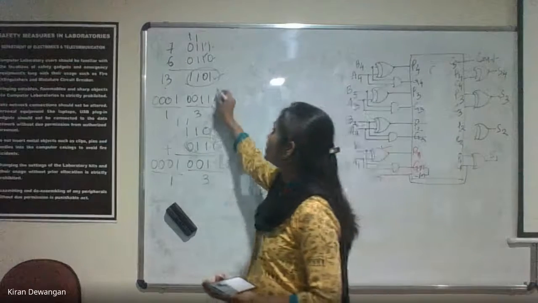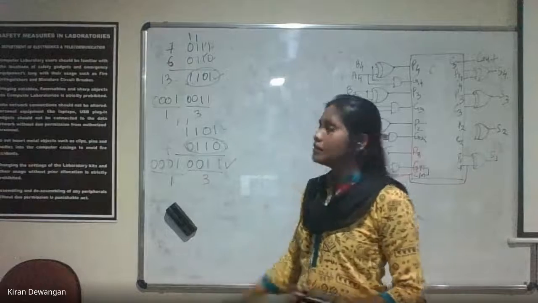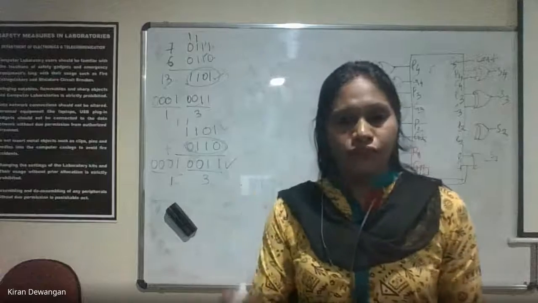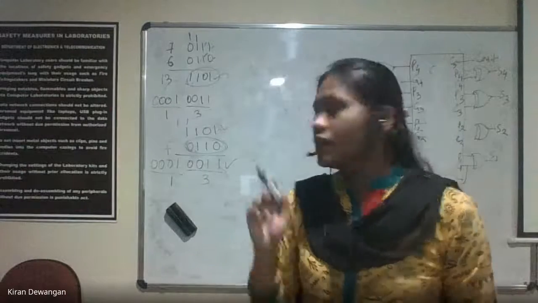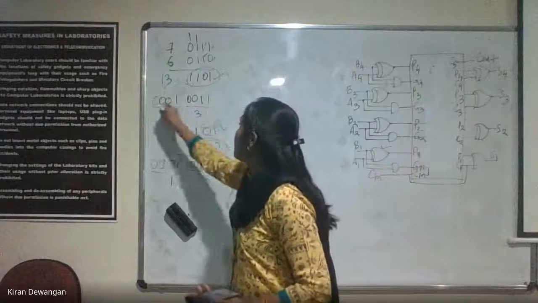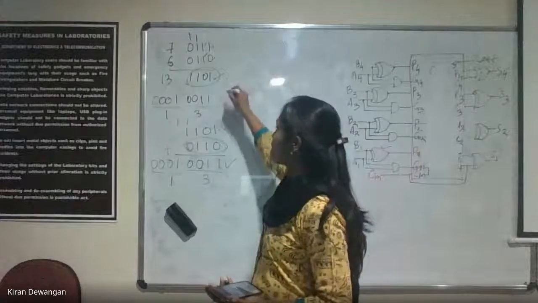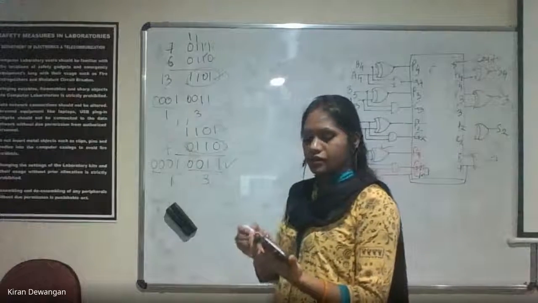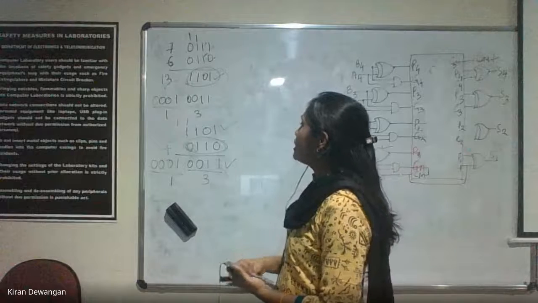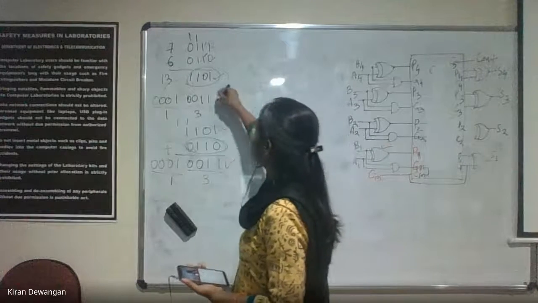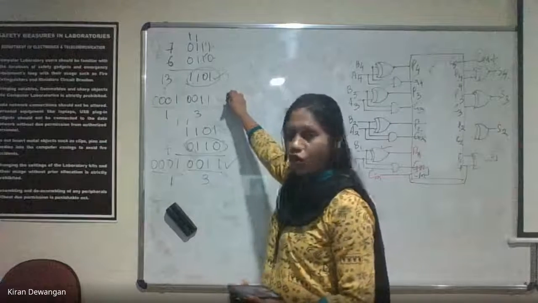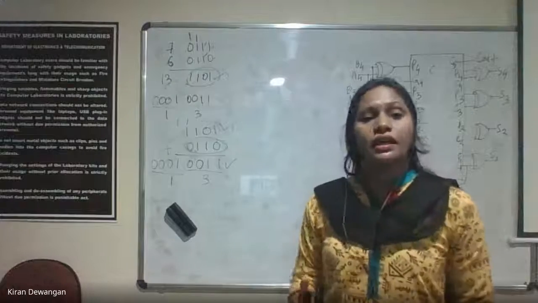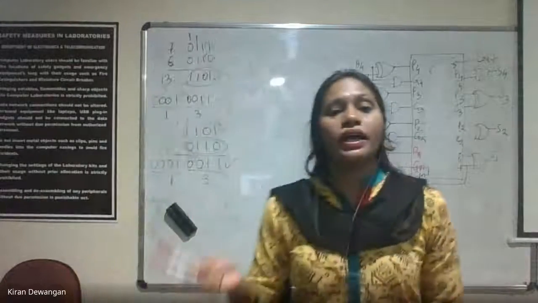We know that adding 7 plus 6 is 13. But this is not the way we represent our BCD number. We have to represent it in a proper way. And this is how we represent our BCD number. हम BCD को ऐसे represent करते हैं. So when I'm adding 7 plus 6, it should be in this format, right? So here 7 plus 6 should be in this particular format. And for bringing it to this format, we are adding 0110 to the invalid code we are getting.